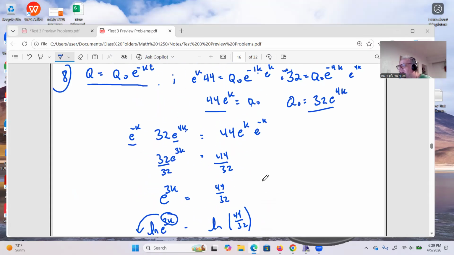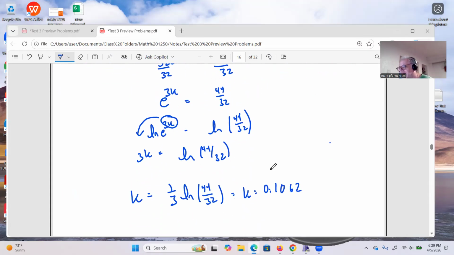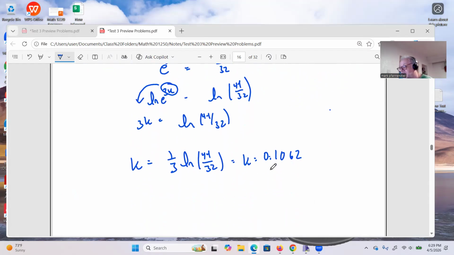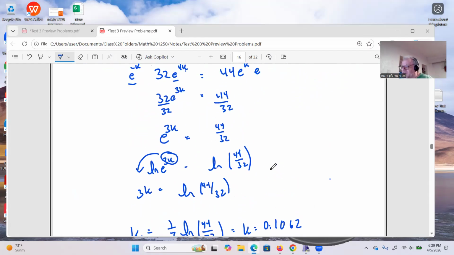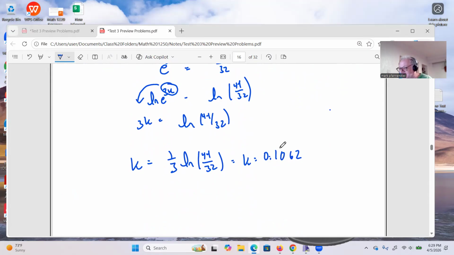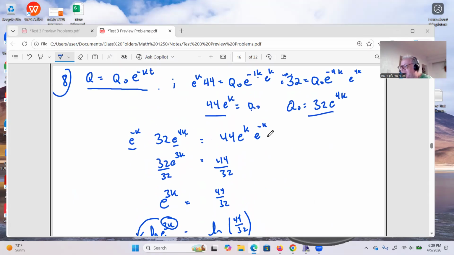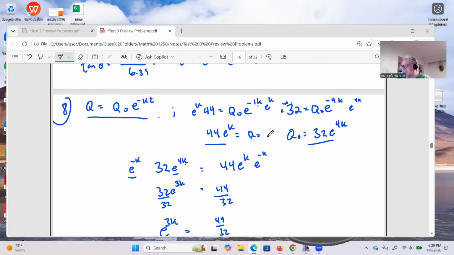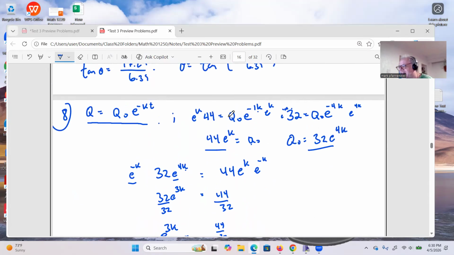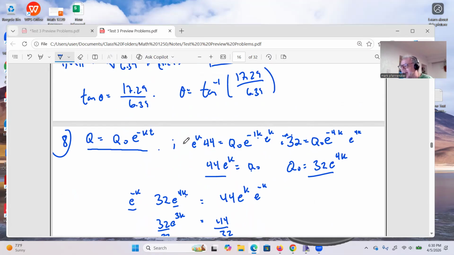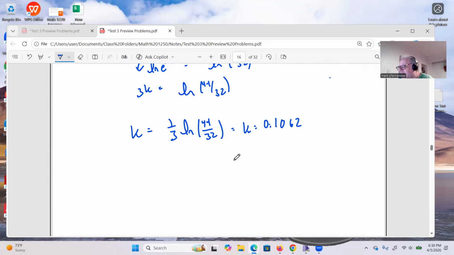All right. Once we know our K, we still have to figure something out here, right? We still have to figure out what the initial dosage is. I mean, the doctor is like, okay, great, the metabolic rate of decay is going to be this thing. But that doesn't help us because we still need the initial dosage. So we have to go back into the original equations here. It's up to you as to which one you want to actually deal with. I'm going to go ahead and say I would like Q sub 0 to be equal to